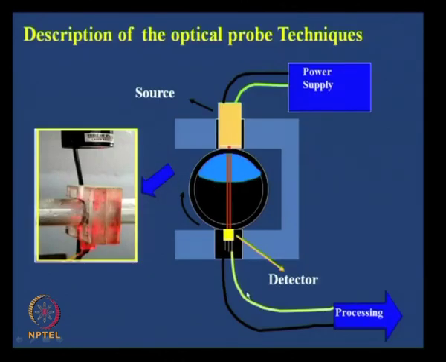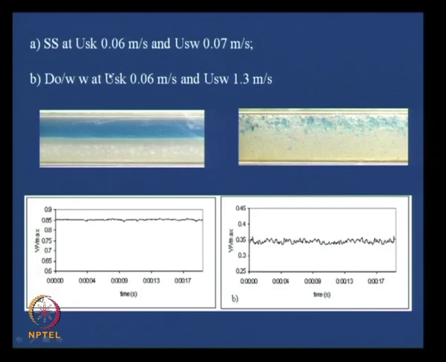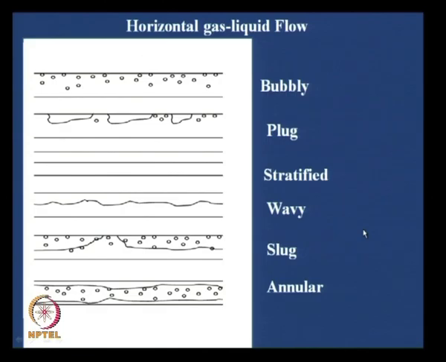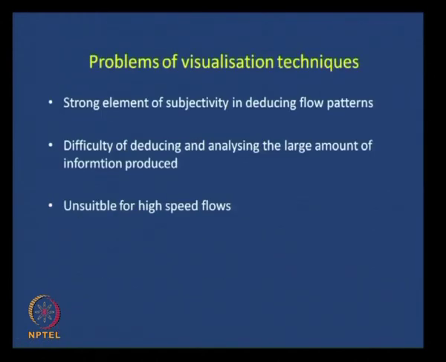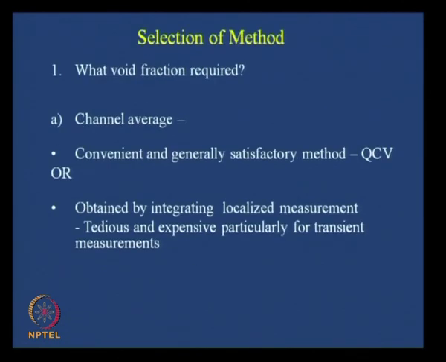It had a power supply, it had a detector. In this, it was a photodiode sort of a thing. Now, what happened? Moment light was incident, it was converted into an electrical signal. This electrical signal, through a processing circuit, was sent to a data acquisition system, and then it was recorded in the computer. And as I have told you, for higher kerosene we got higher voltage, for lower kerosene we got a lower voltage. So, this was one particular thing which we used for this. Of course, we will be studying slightly more when we take up the void fraction.